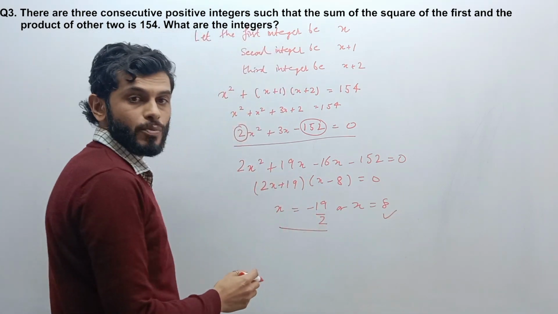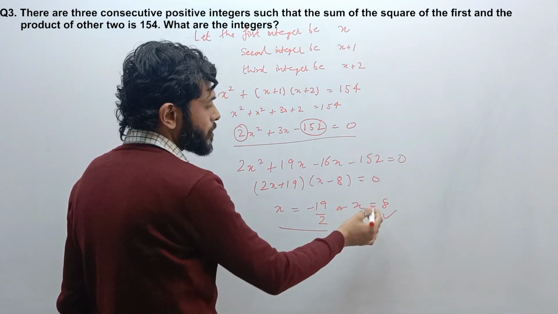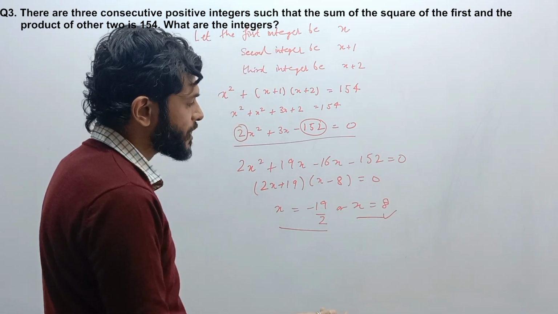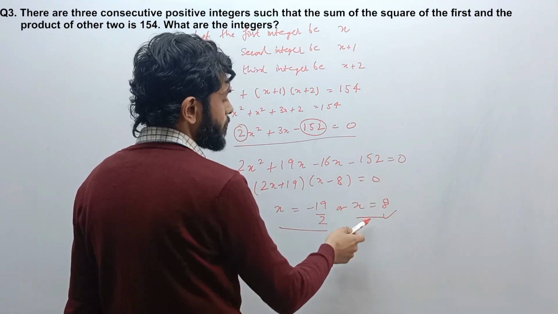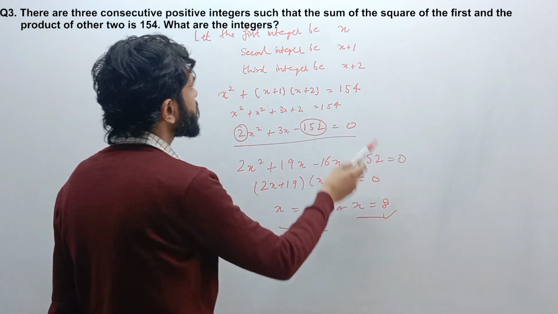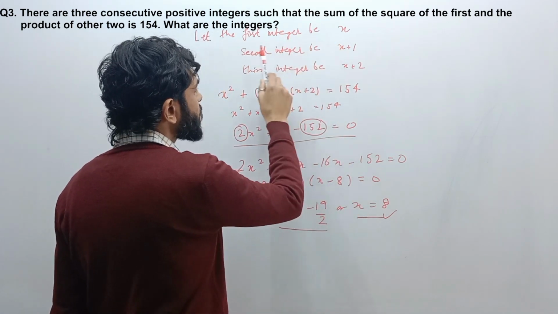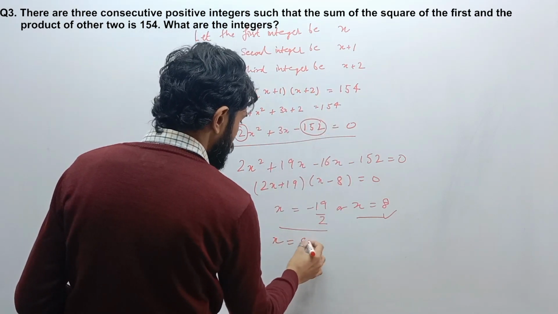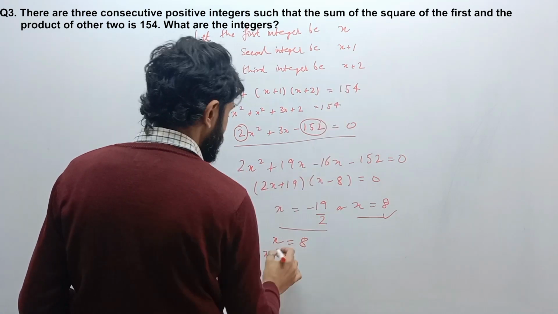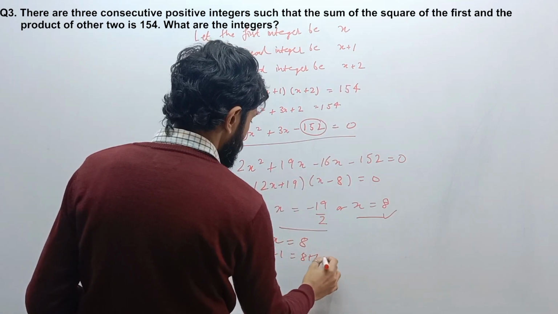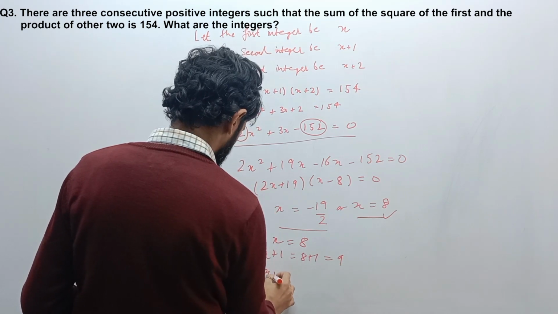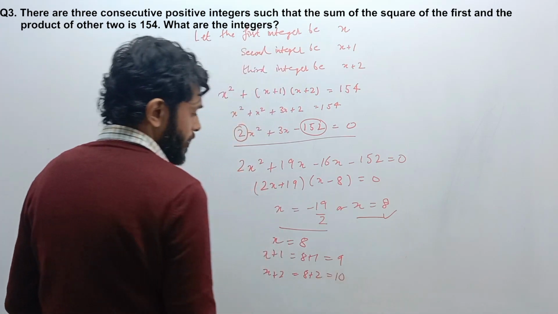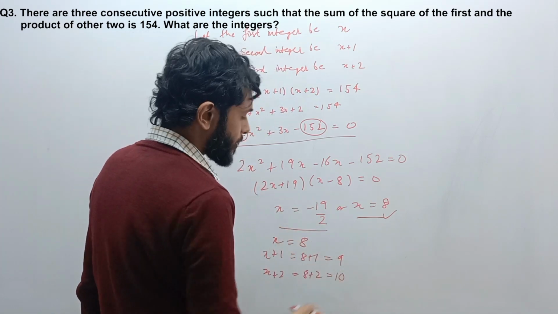The most important thing to be remembered here is that you have found the value of x, which is 8. Now the most common mistake committed by students here is that they stop their answer here, but the complete answer would be, after finding the first integer, you have to find the second and the third integer. So if your first integer is x is equal to 8, the second integer, which you have taken as x plus 1, will be 8 plus 1, 9, and the third integer x plus 2 would be 8 plus 2 is equal to 10. So your numbers would be 8, 9 and 10 respectively.